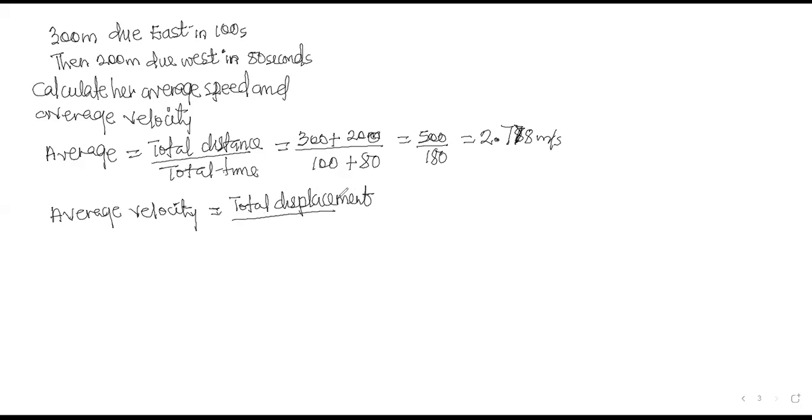Anybody can contribute. 100 meters. Okay, so total displacement, 300 meter due east, 200 meter due west. So when you subtract, we have 100. Thank you. 100 meters divided by